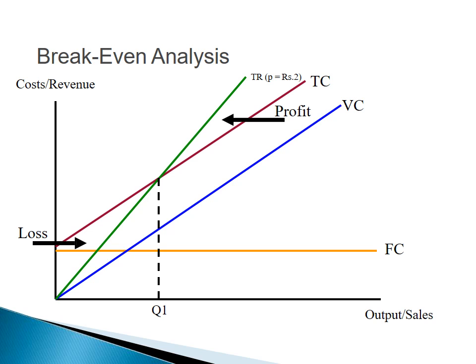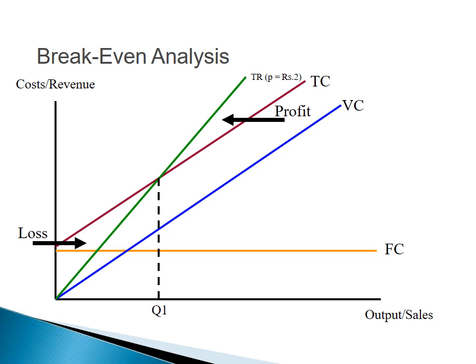Here is the break-even analysis. So there will be the cost or revenue and output or sales. When we are giving the fixed cost, total cost and variable cost, these will happen in a particular manner. If Q1 occurs, the profit will occur with the total cost, and then they will minus the profit. So losses will occur after the break-even analysis point.